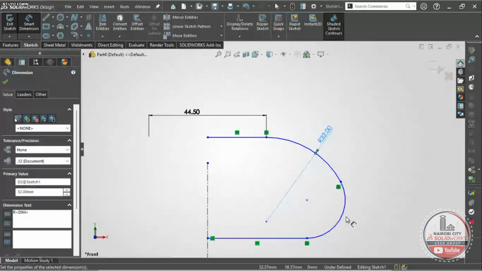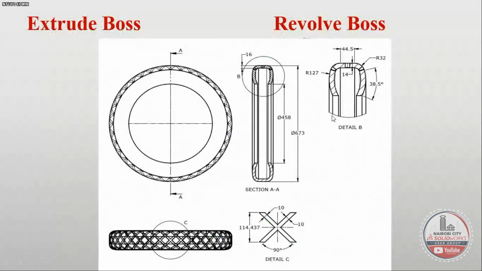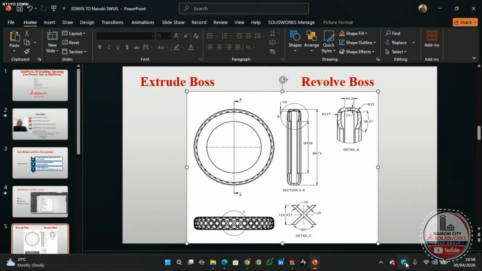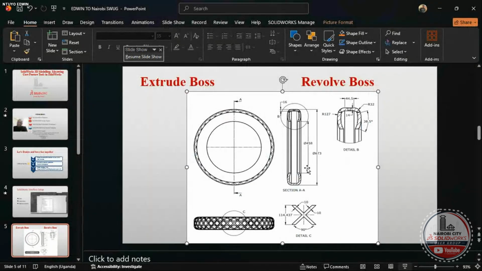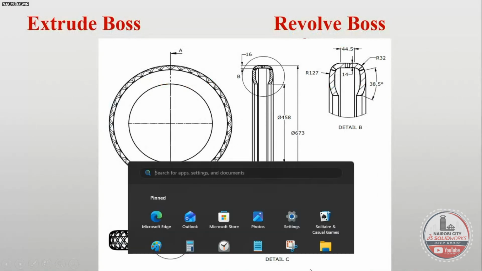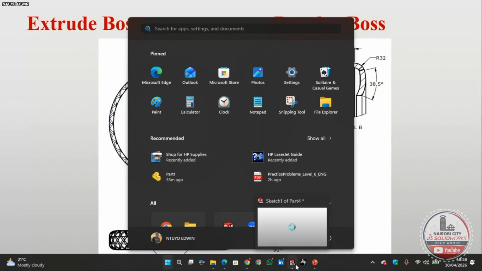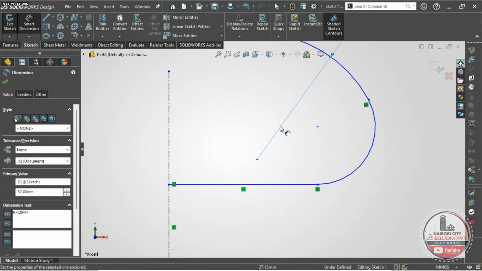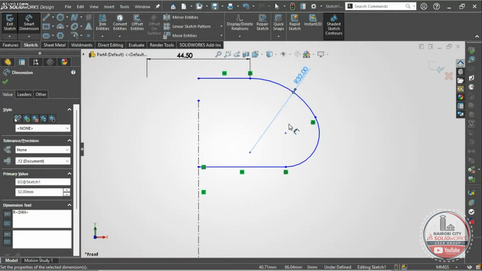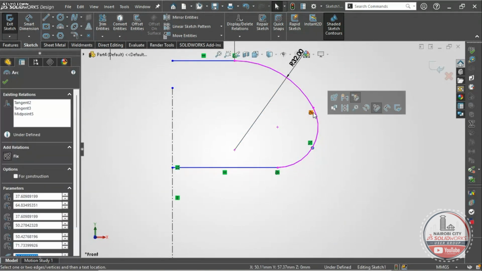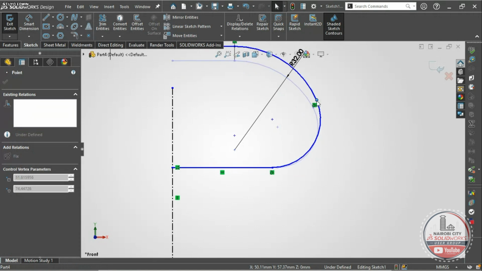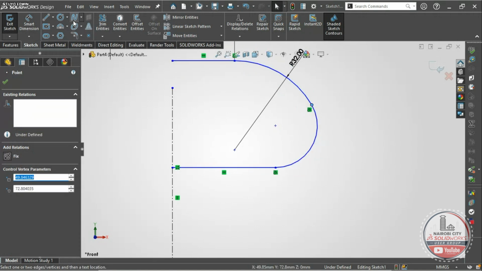Radius of 32. So it has come up like that. And after you give it a radius of 32, you find that the way this curve is being brought up is not the way you want. So that means you can either drag this point, or the easiest way is that you need to come and